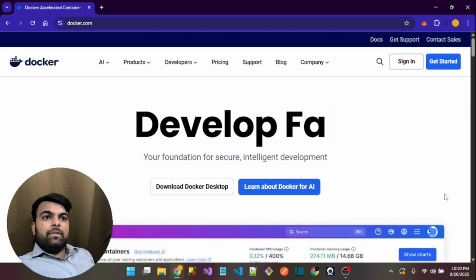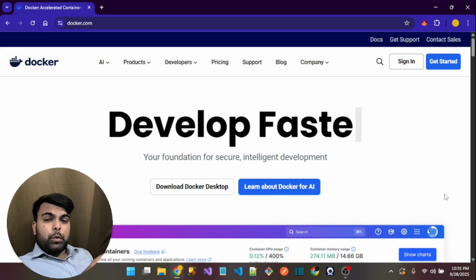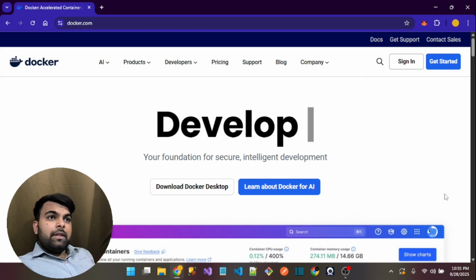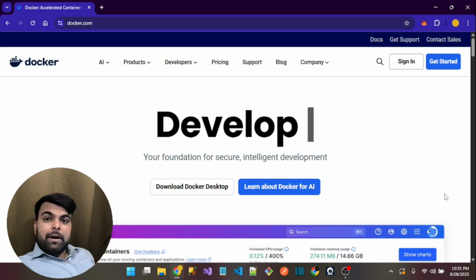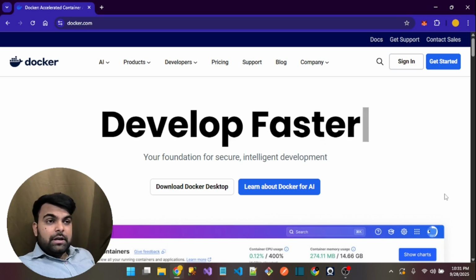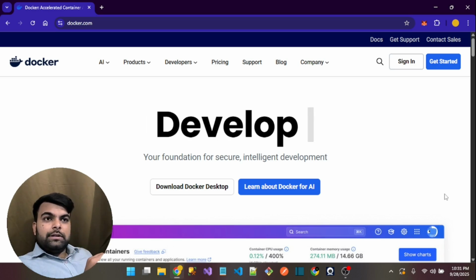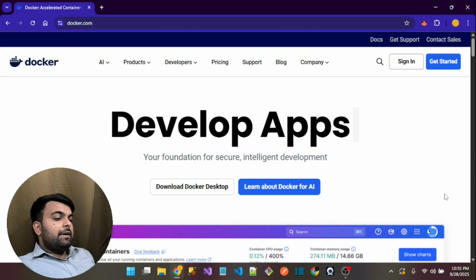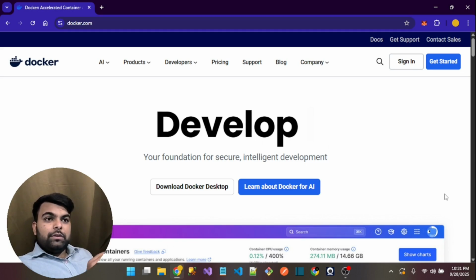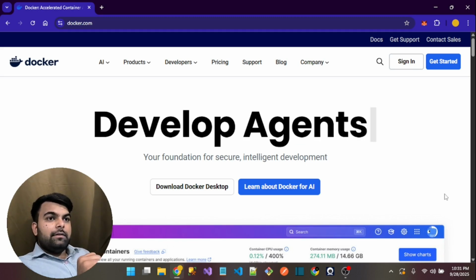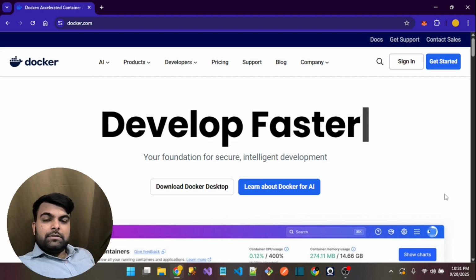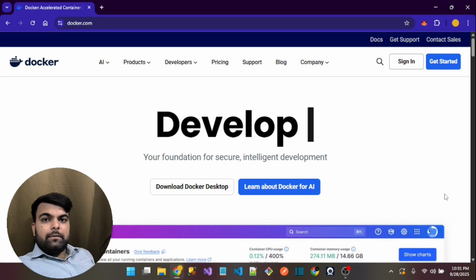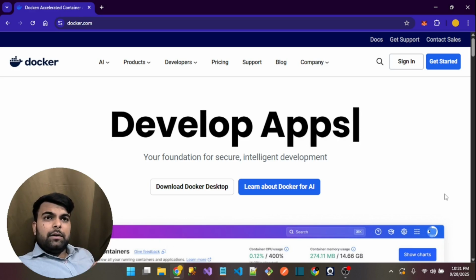After this I will tell you some basic commands of Docker. After that I will tell you how we can use Docker with the command line as well as with PowerShell, and we will download the GUI based Docker as well, Docker Desktop. And in most scenarios, when you become a senior .NET developer, then companies usually